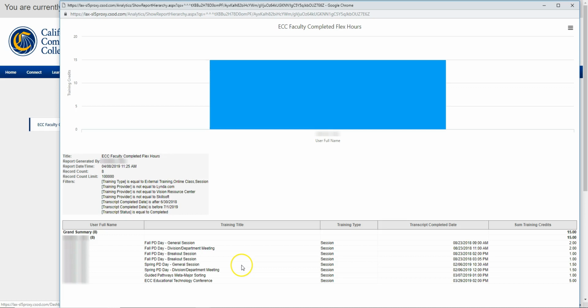If you have flex hours that aren't showing up from an external training that you submitted, it could be that your dean hasn't had a chance to look at it yet. Most likely that's what's going on. However, since we are in the pilot group for Cornerstone, there are some quirks in the system that we occasionally encounter. If your dean lets you know that they haven't seen that particular external training request from you, or if they tell you that they already approved it, or if they sent it back to you asking for more details but you didn't get that alert, go ahead and send an email to prodev@elcamino.edu and we'll go in and troubleshoot for you.